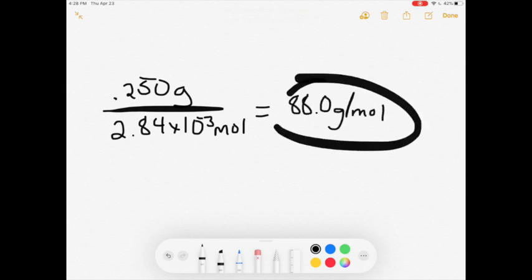So again, you only have to do that if you have an unknown solute dissolved into your solvent. And if you have enough information, you can just work backwards to find the moles of your solute. And if you're given grams in the problem, you just